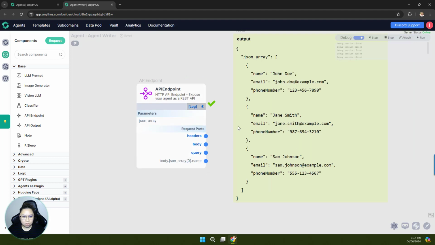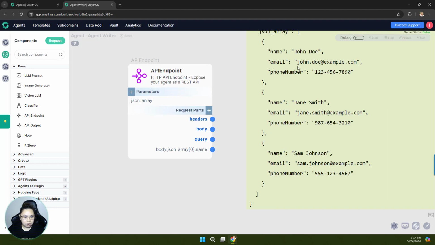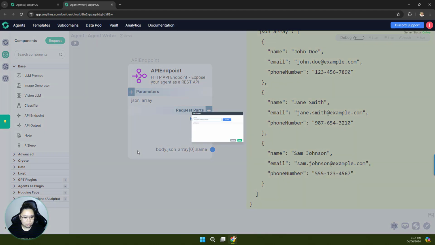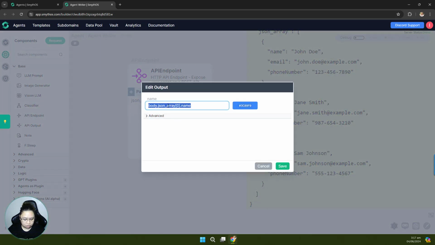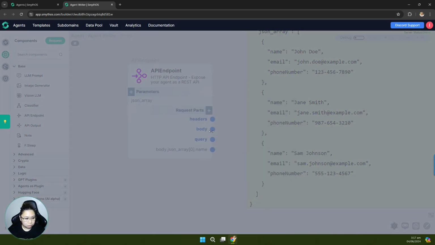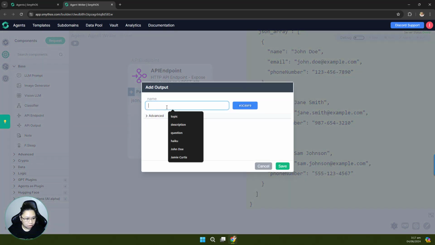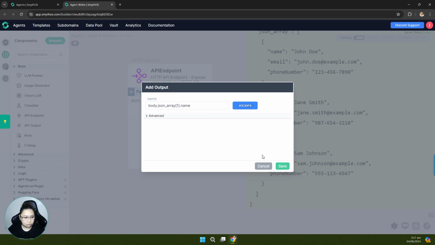I want to get all the names from this JSON array. Okay, so I'm just going to copy this. Then I'm going to create another expression, another custom output. Then I'm going to set this to 1, and then I'm going to set this to 2. All right. Now if I run this,